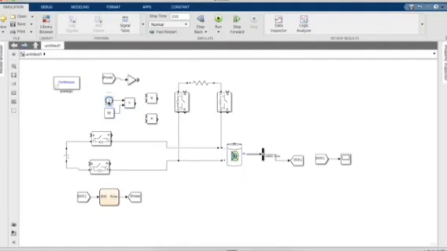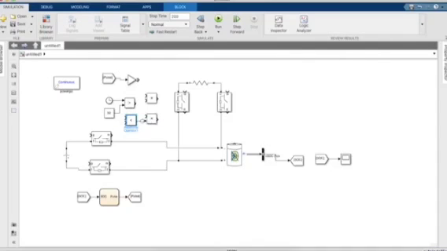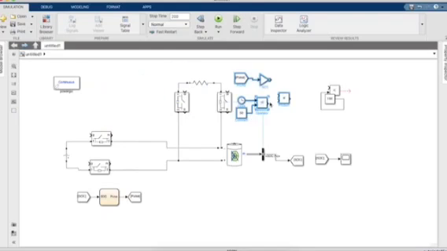Then we connect to the product block. This product block is basically indicating the region between 50 seconds and 150 seconds. It will be high inside it and low otherwise.